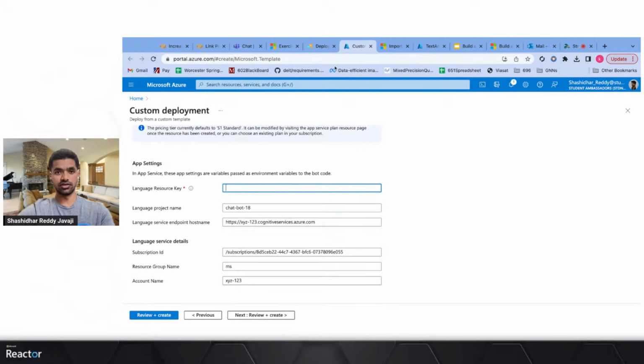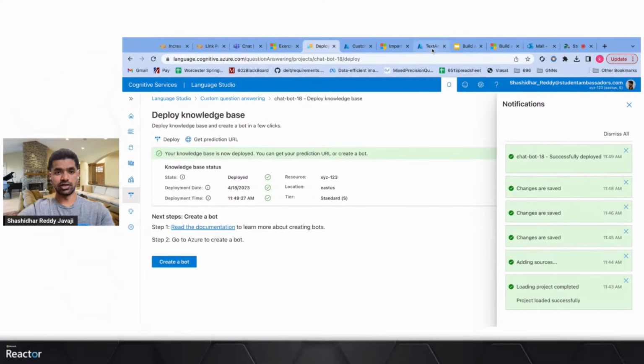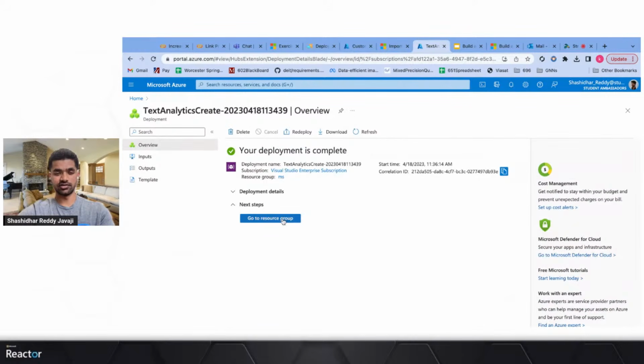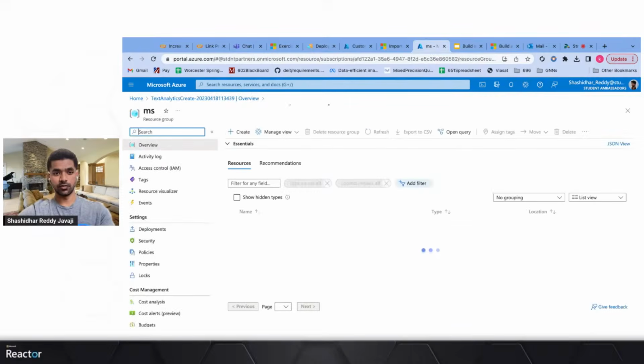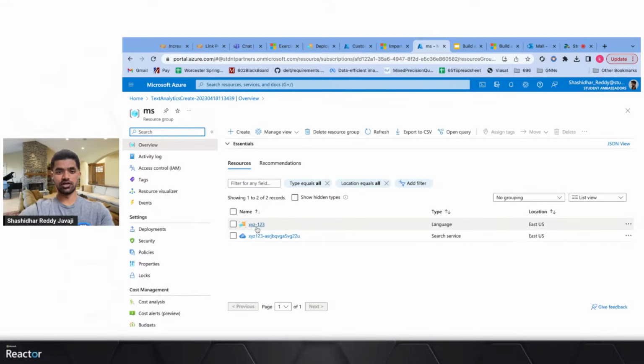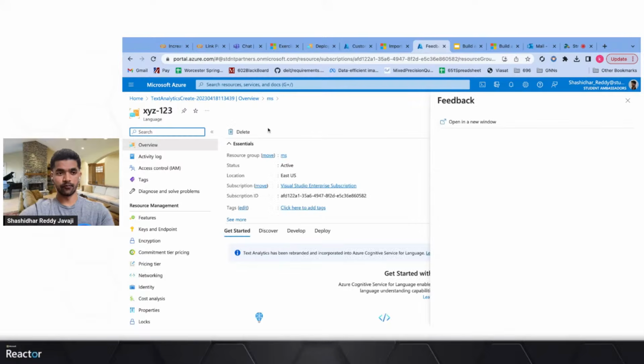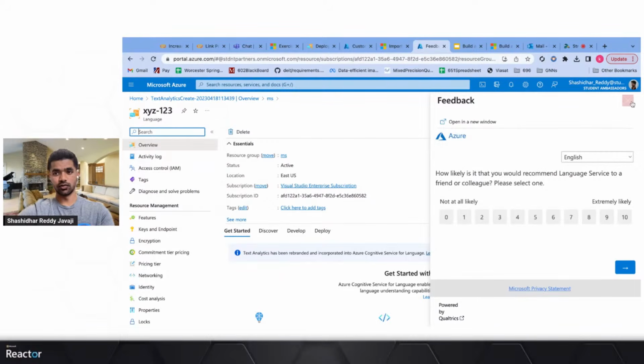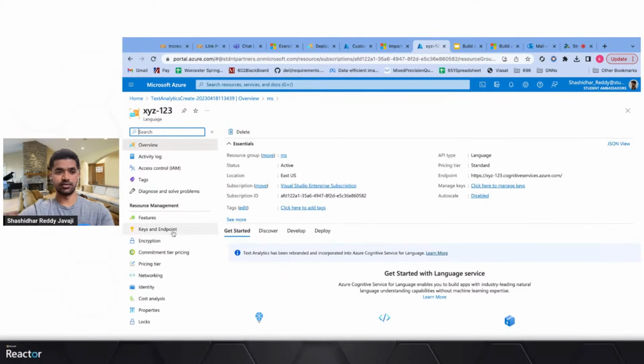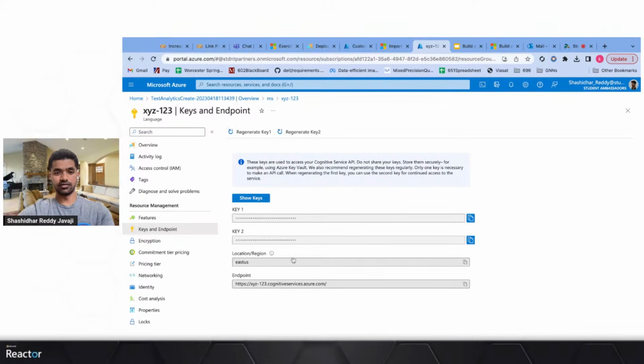And for the resource key, here you'll be asked for the language resource key. This is nothing but, you go to the language service which we created at the start in the resource group. So you have XYZ123. Click on the XYZ123 language service resource. On the left side, you have keys and endpoints, and you have the keys here. So copy one of the keys, any key from this,